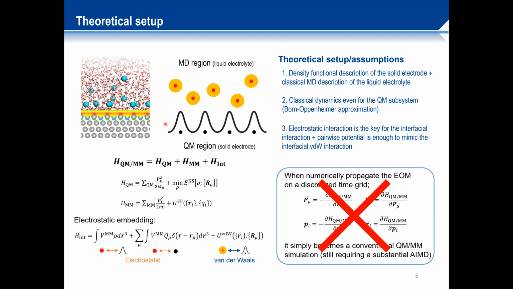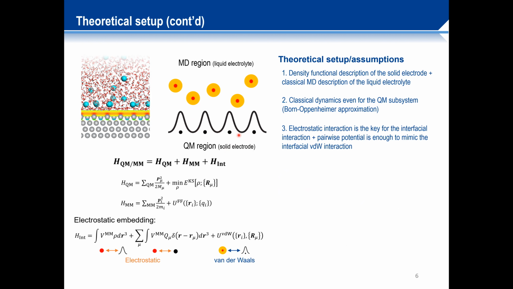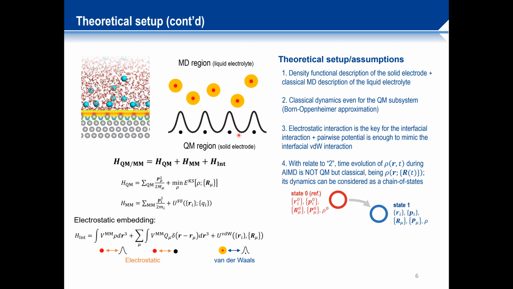So the total time scale can be hugely limited by the ab initio dynamics of your QM part. So we cannot use that one. Instead, what we thought is that we view these classical dynamics as a chain of states, like what the potential of mean force people are doing. And we think that our system, characterized by its classical positions and momentums,